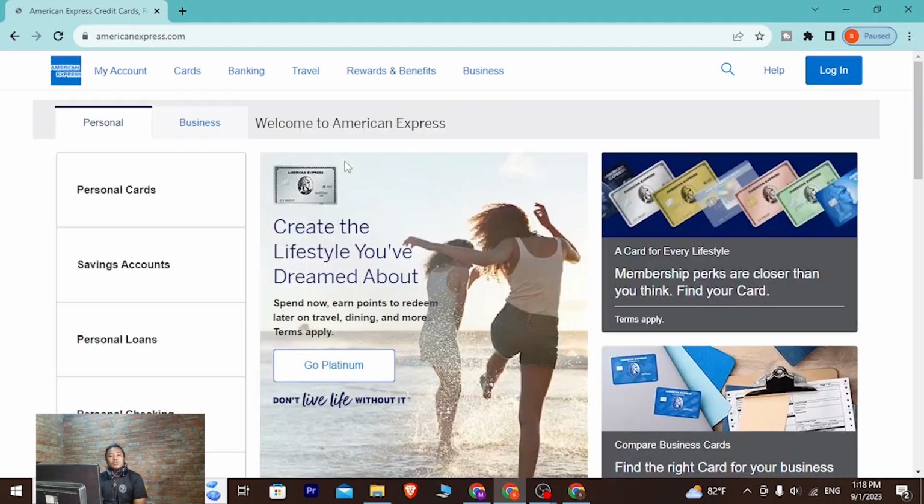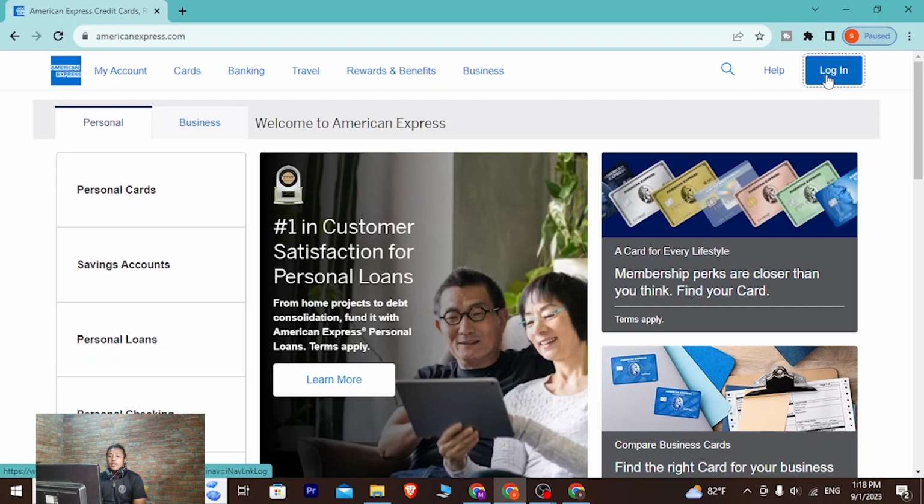Now, in order to log into your personal saving account, at the top right corner of the screen, you can see there is the login button available for us. Click on that,